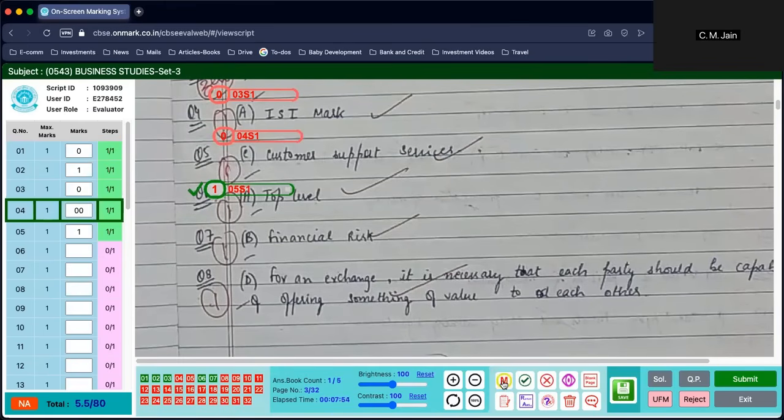I will click on it. It gets deselected. Now I will select this delete or bin annotation. And then I will click on the marks of answer 4 that I had allotted. And this gets selected. I again select bin. Marks are deleted. Now I can once again allot marks for answer 4